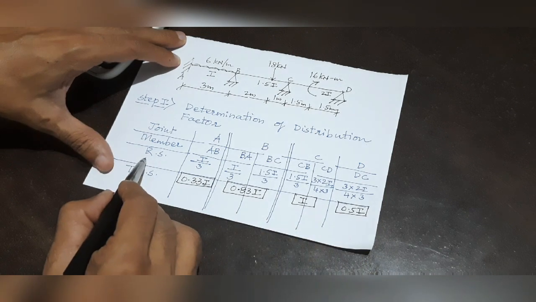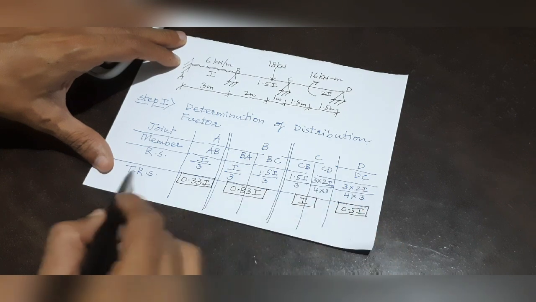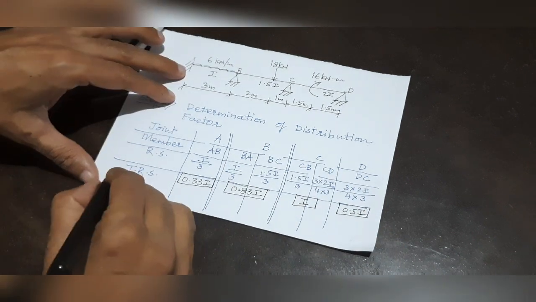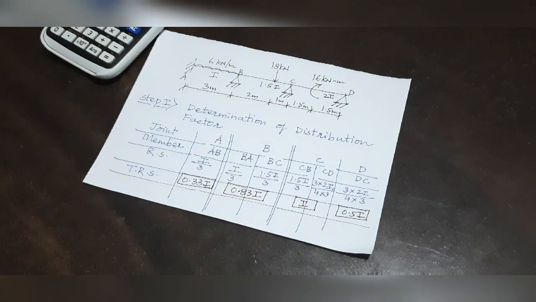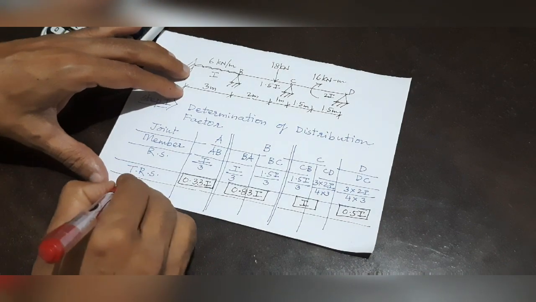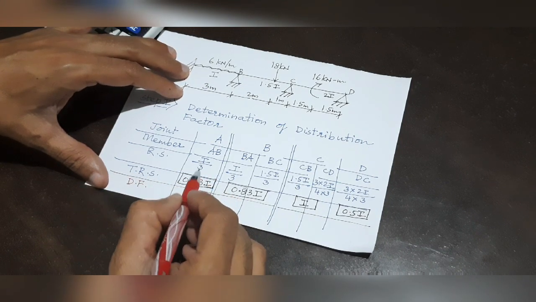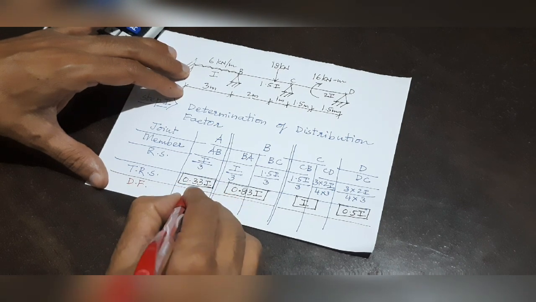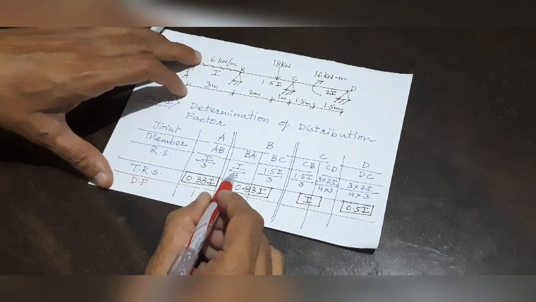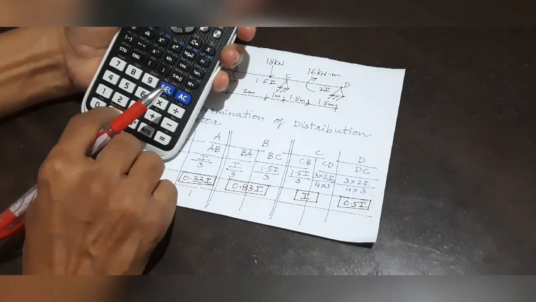Let me revise. Relative stiffness is a term used for a member: AB, BA, BC, CB, CD, DC. And total relative stiffness is a term used for a joint. And all of us know the distribution factor. Now how to calculate distribution factor? Distribution factor is calculated for a member, and the distribution factor for a member is the relative stiffness of the member divided by the total relative stiffness of the joint. Since this is I by 3 and this is 0.33I, the distribution factor is 1.